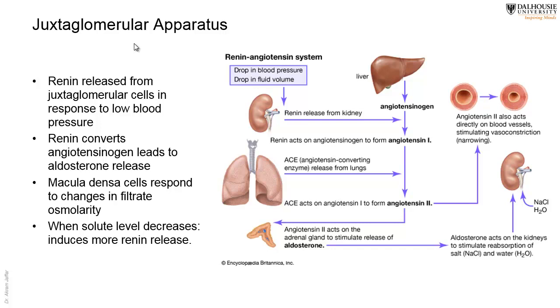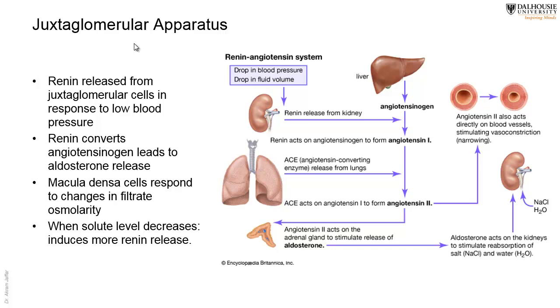If water and salt are reabsorbed back to the circulation, this increases the blood volume, and again it increases the blood pressure. So whenever the blood pressure is reduced, the renin produced by the juxtaglomerular cells will result in the activation of angiotensin. Angiotensin increases the blood pressure in two ways. Either it causes vasoconstriction or it stimulates aldosterone that acts on the kidney and increases reabsorption of water and electrolytes,